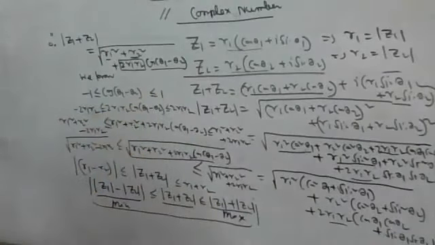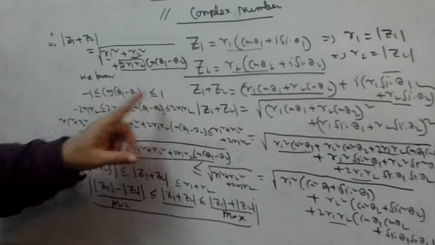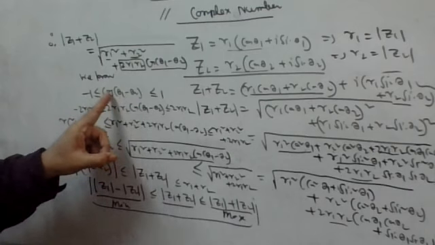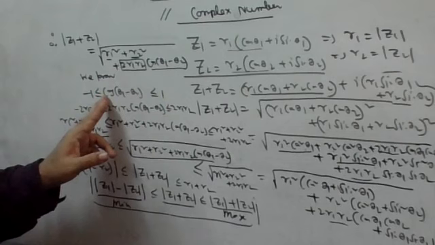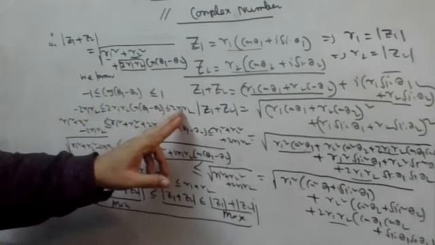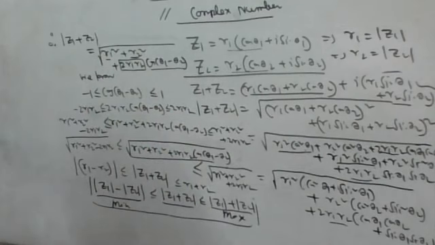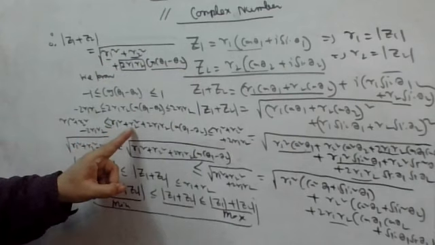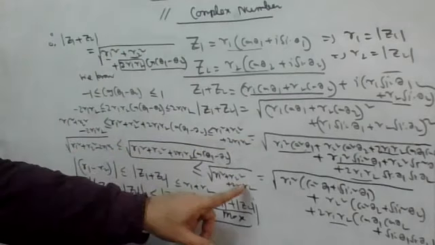is cos (A minus B). Now, we are using the range of cos (theta 1 minus theta 2), which lies between plus 1 and minus 1. So you multiply the middle term by 2 R1 R2, extreme right by 2 R1 R2, extreme left by 2 R1 R2. Now to use this result, you add R1 square plus R2 square in the middle term, extreme right, extreme left, and put the root sign on the top.